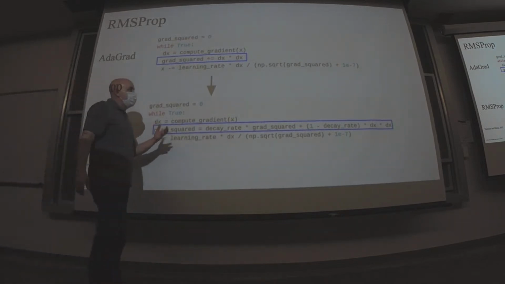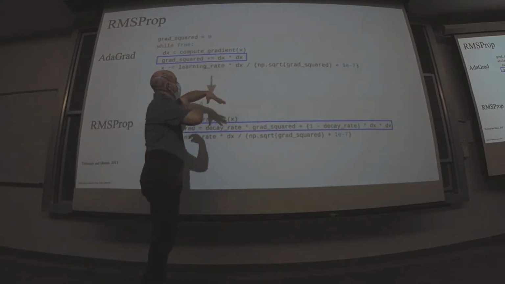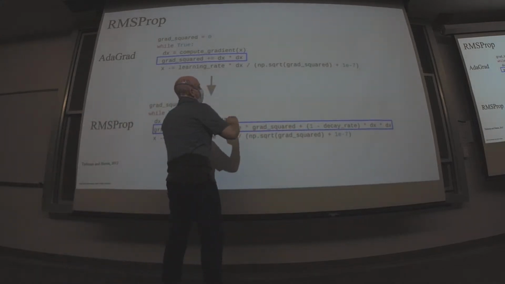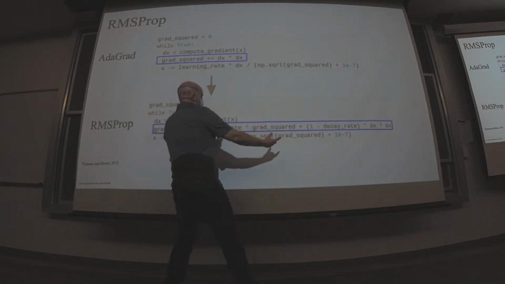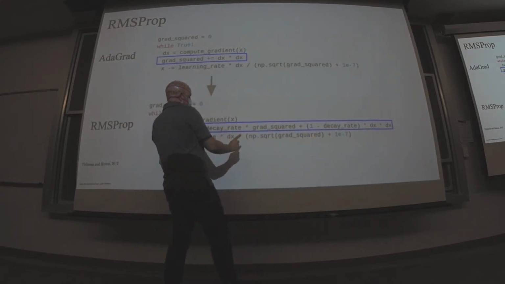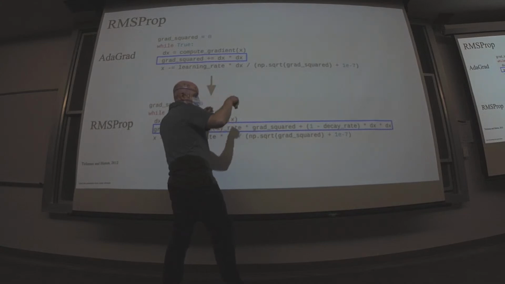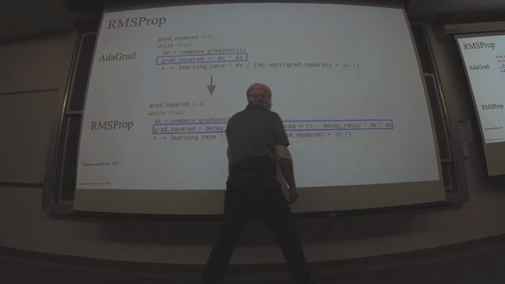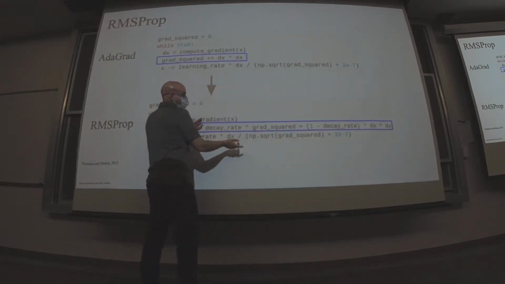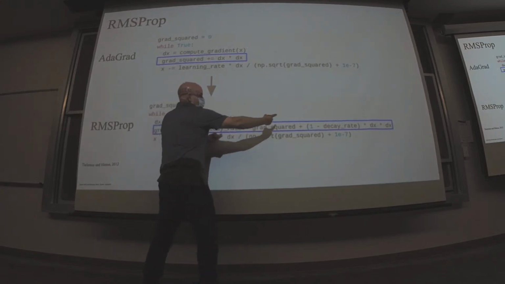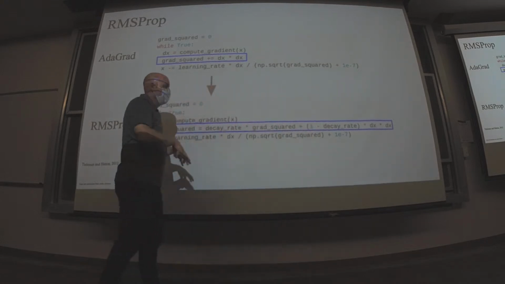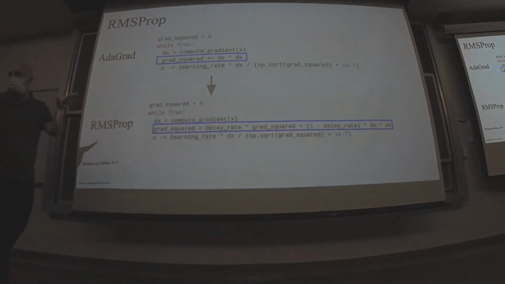Yeah, what you're trying to do, so here we had this whole thing about how you just keep adding more and more and more. This kind of thing right here is trying to say, well, you are doing lots of adding, but having this parameter decay rate between 0 and 1, you have some fraction of the historical gradient, and then some fraction of the current gradient. Those add to 1, so you're getting a balance here, so that instead of always adding more and more and more,